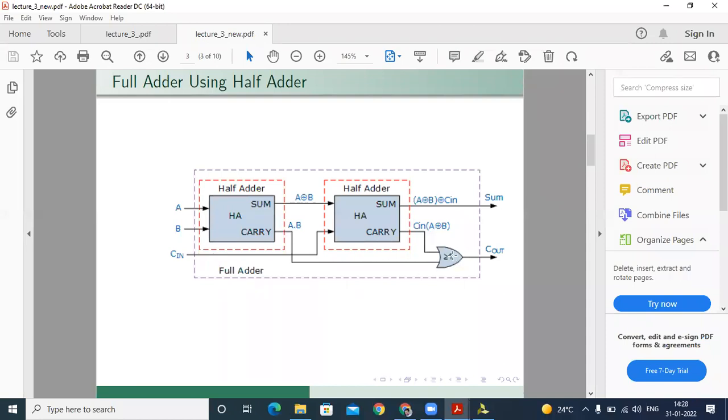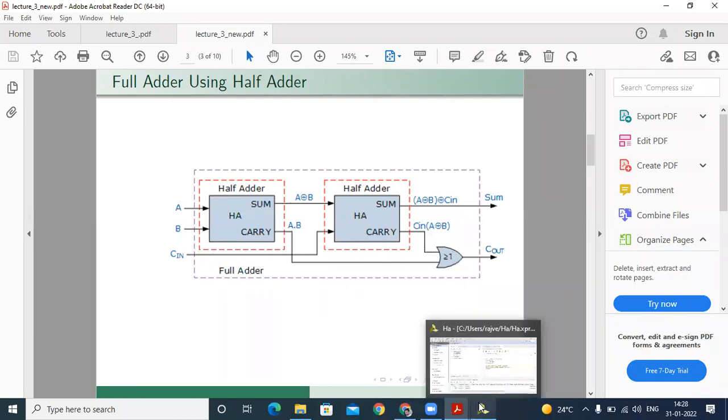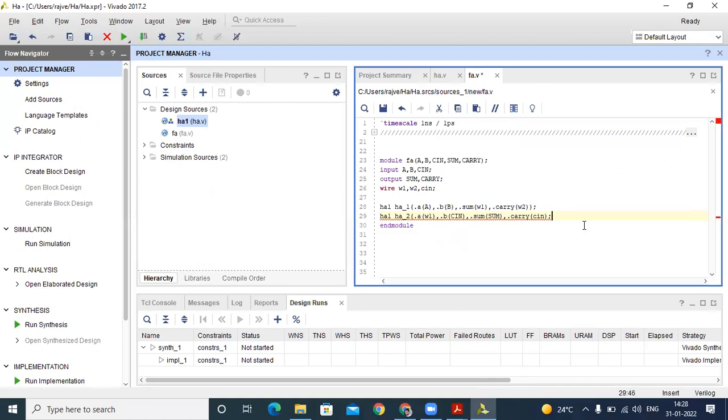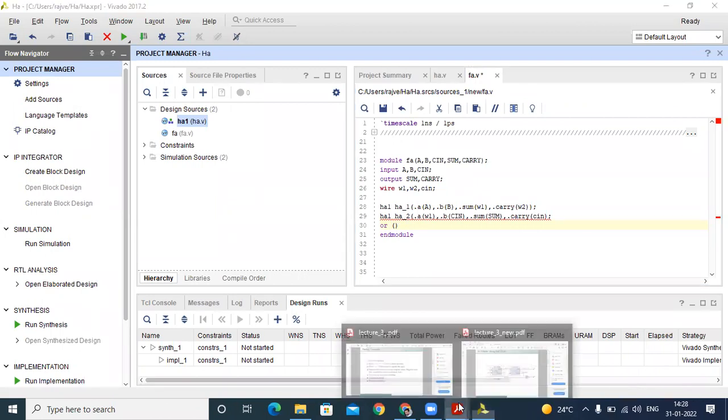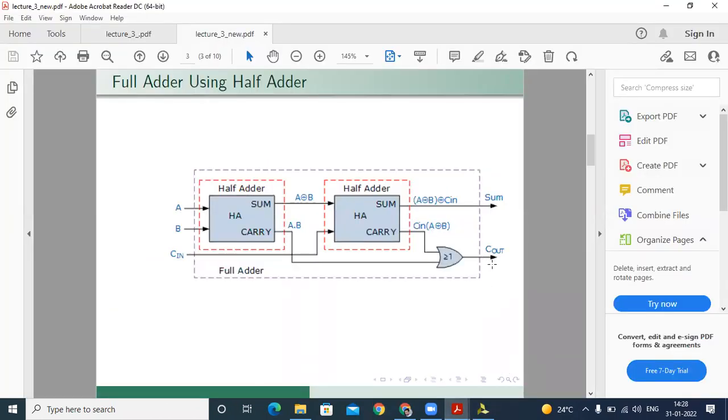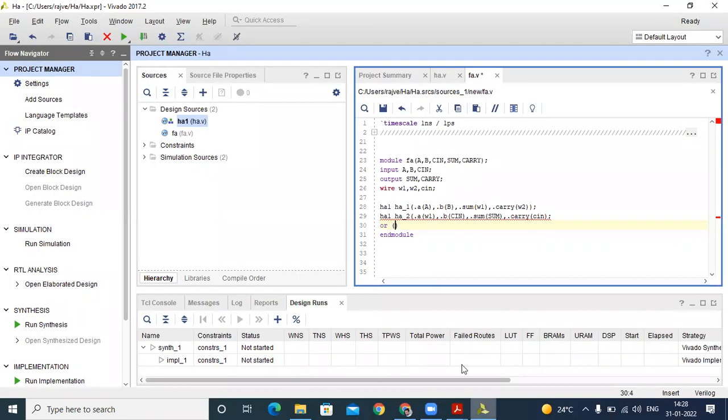So how to connect this? Everybody knows how to write OR logic. This is our OR, and in this convention firstly we define our output, then after that the input. So the OR output, you can see here, is C out. After getting this output we get our top module output. This one is C out, and this is also defined in our module as carry. So we finally get our